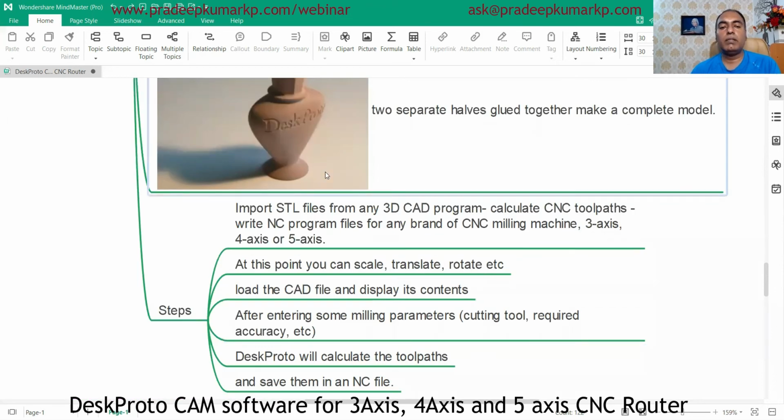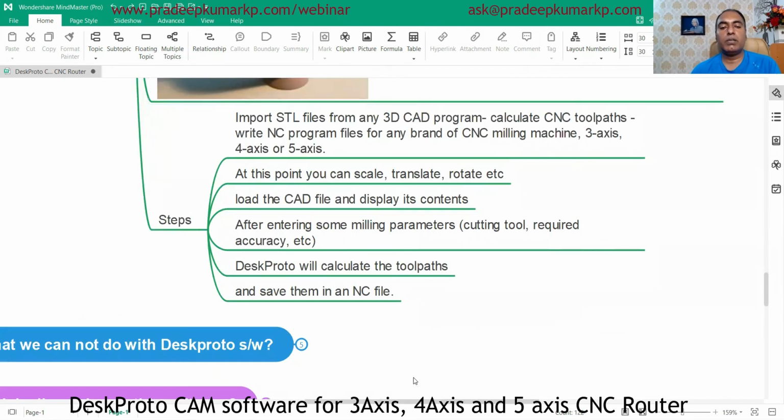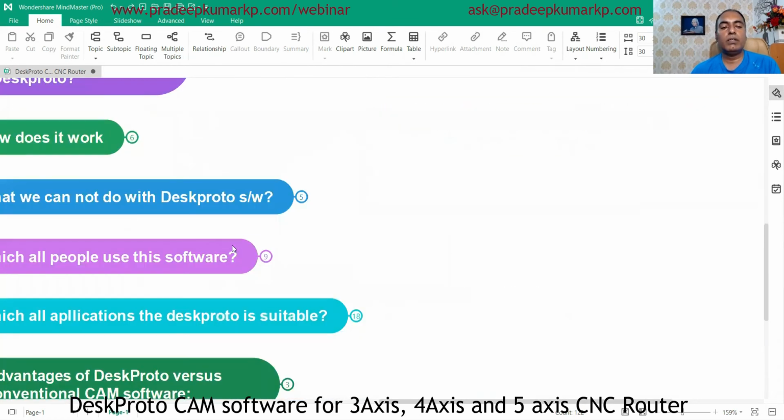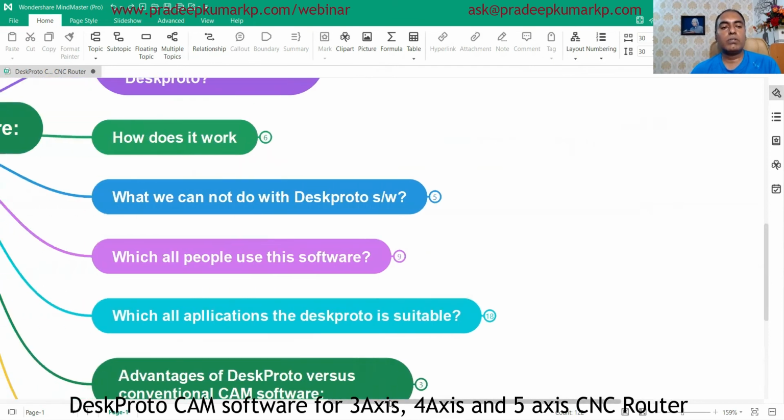The CAM mainly converts a CAD file into NC code according to the parameters we give. So that is the steps involved in the process.